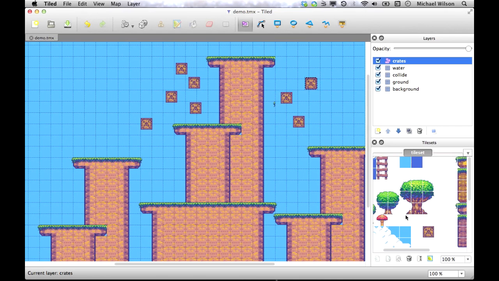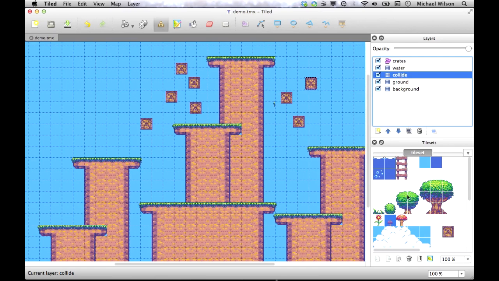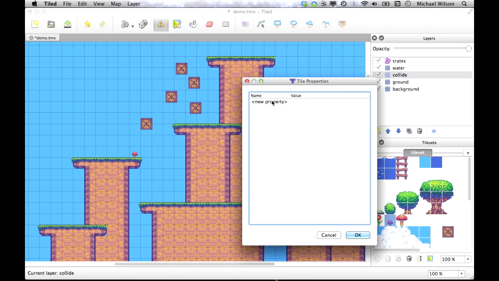Now we can get in the situation where we want a physics object to have a little bit different shape. So maybe our mushroom here, I want to put this in the collision layer as well, maybe right here. If I do this, it's going to have a collision shape that's pretty much the entire shape of the square it's in, the tile it's in. If I want to change that, I can go to the individual tile properties and set its shape from here,